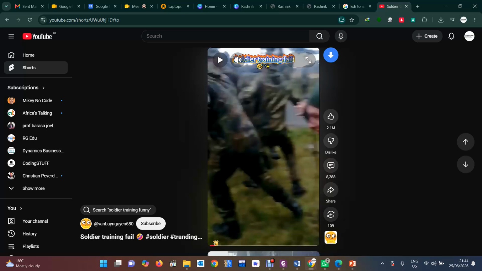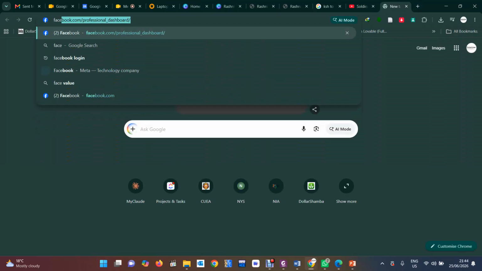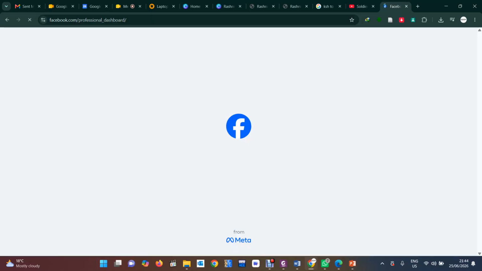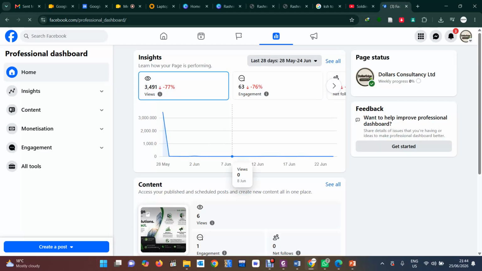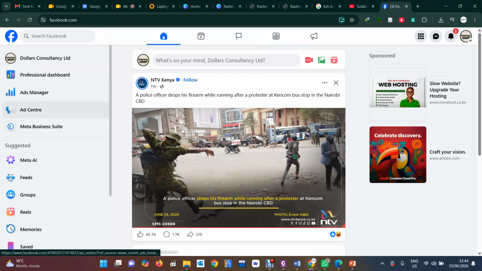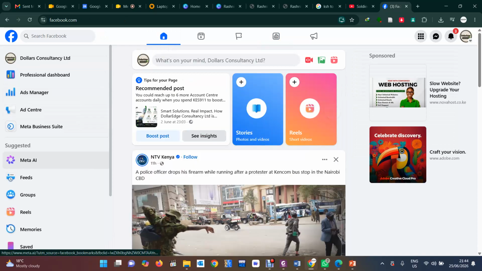So the same thing is what you see in Facebook. Let's say Facebook. In Facebook, we look at things that are called reels. So we have what are called Meta AI. And then you have what are called reels.